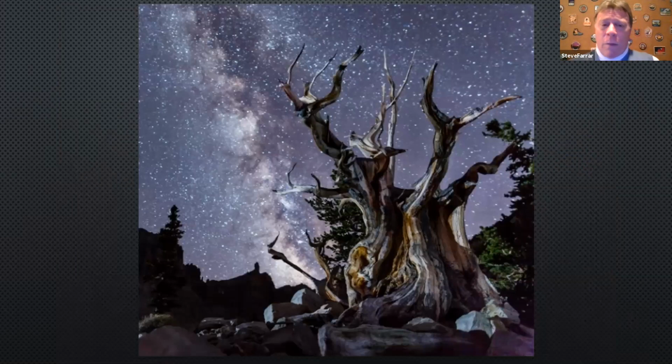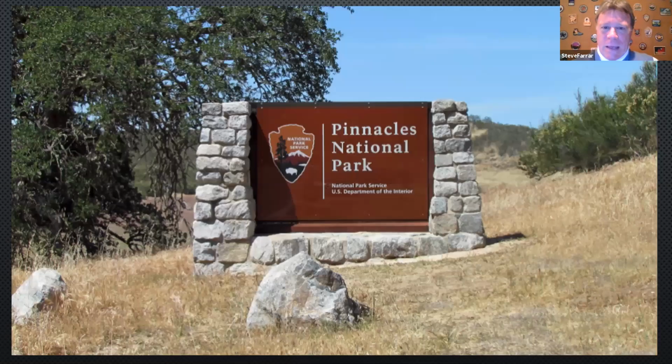You can get some very memorable shots with the oldest trees on Earth combined with that. Those aren't clouds, that's the Milky Way, very much in evidence. So camping out up there is rather a unique experience. Worth staying over. So that's Great Basin. Now we're going to